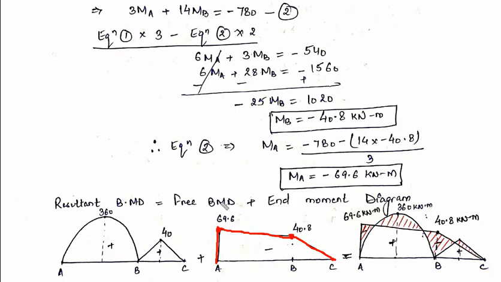Now superimpose these two diagrams. After superimposing, this is the common area which is coinciding. This much positive as well as this much negative area are coinciding, therefore they will cancel out each other, and this area which is overlapping will also cancel out. So the remaining portion will give you the bending moment diagram for this continuous beam. This portion, this shaded portion in red, is your resultant bending moment diagram for the continuous beam.